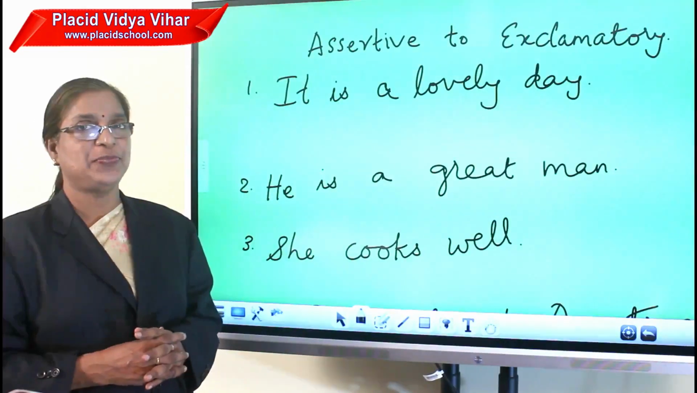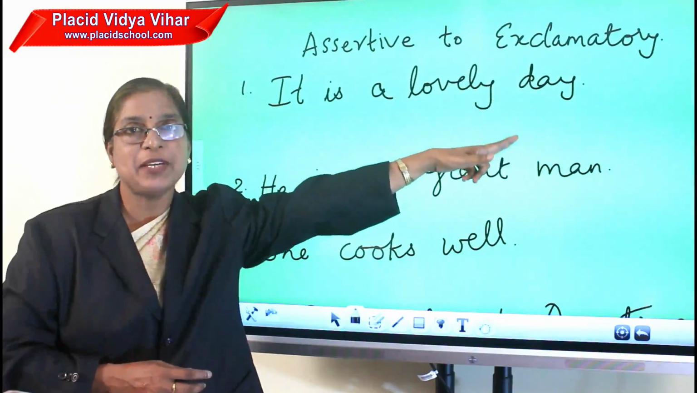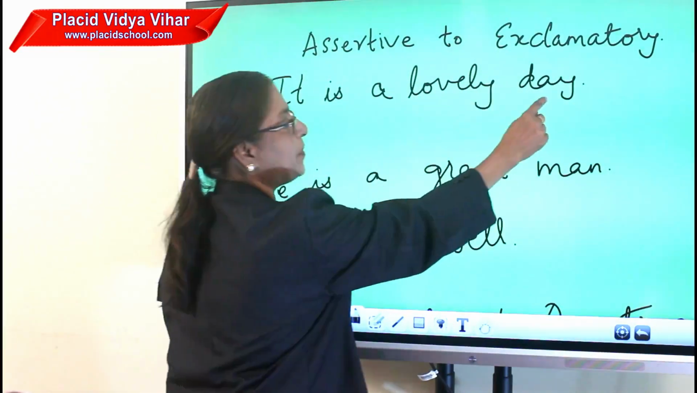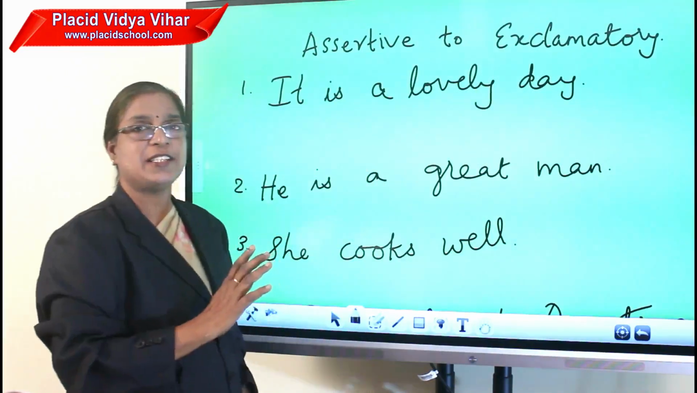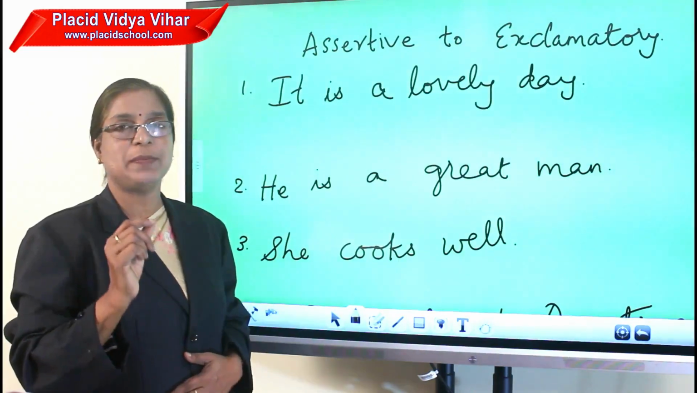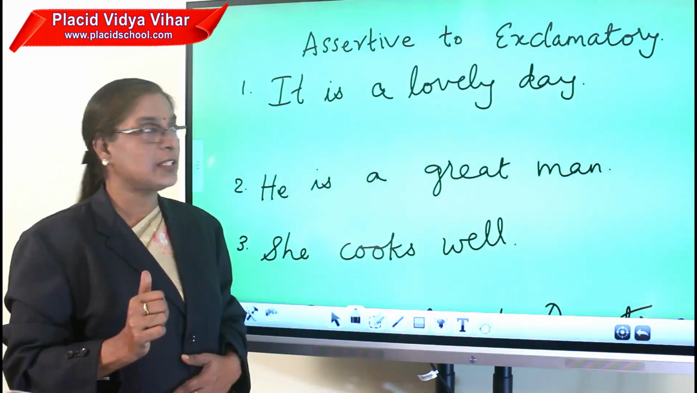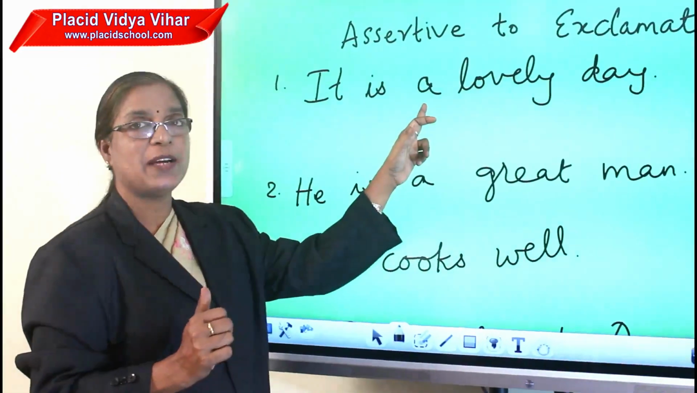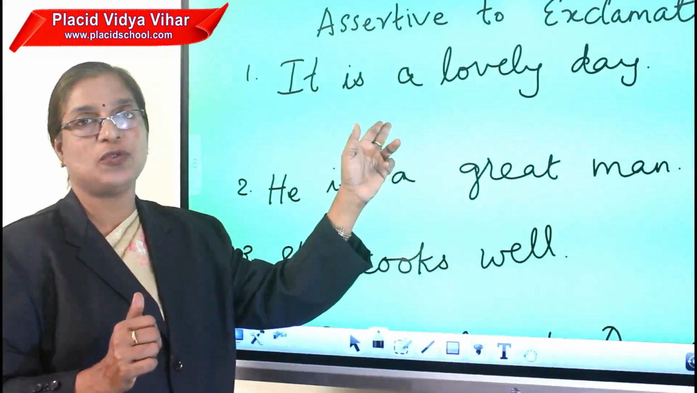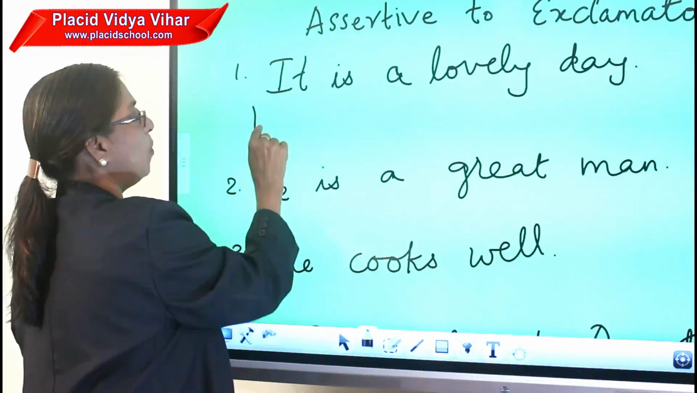Okay, let's continue. You are going to convert an assertive sentence into an exclamatory sentence. Now look at this. It is a lovely day. This is an assertive sentence. You have to change this into an exclamatory sentence. Now, exclamatory sentences usually begin with what and how. Where do we use what? When a comes, we have to use what. If there is no a or an in the sentence, we can use how. Now, since a is there, you can begin with what,